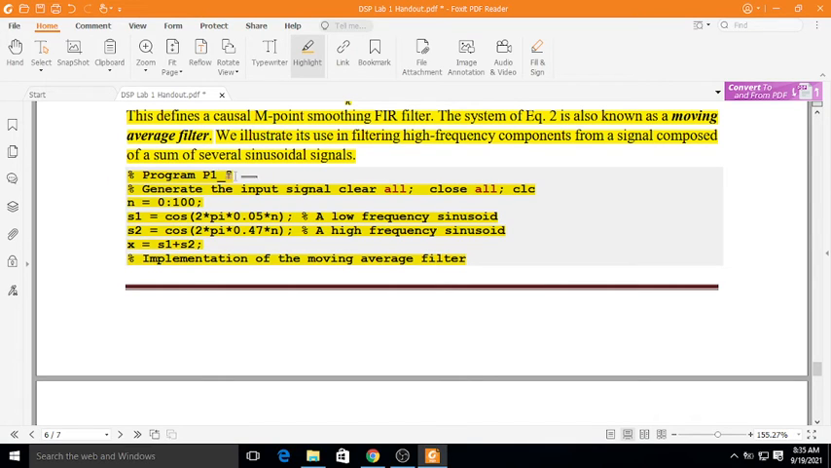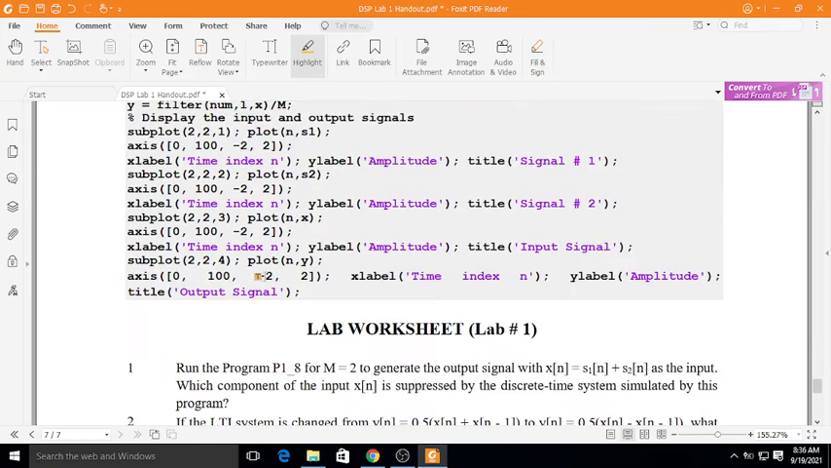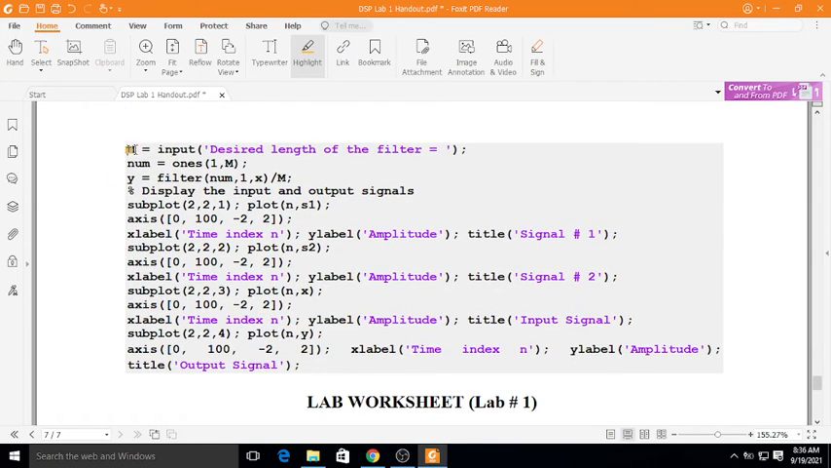Program P1_8 % generate the input signal clear all, close all, clc, n = 0:100; s1 = cos(2*pi*0.05*n); % a low frequency sinusoid s2 = cos(2*pi*0.47*n); % a high frequency sinusoid x = s1 + s2; % implementation of the moving average filter. M = input('Desired length of the filter = '); num = ones(1,M); y = filter(num, 1, x)/M;